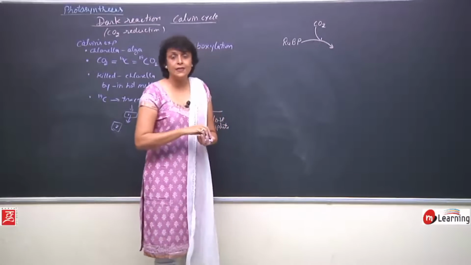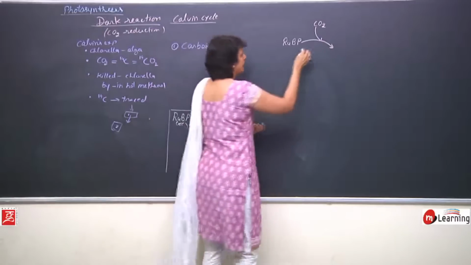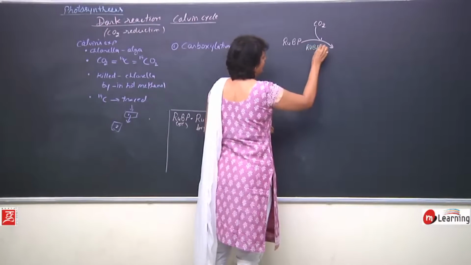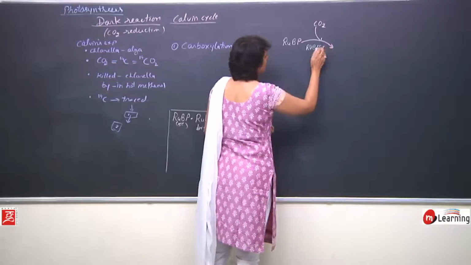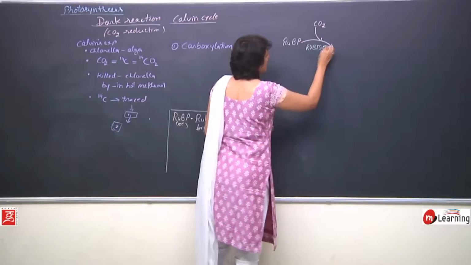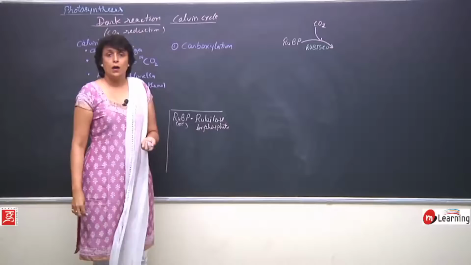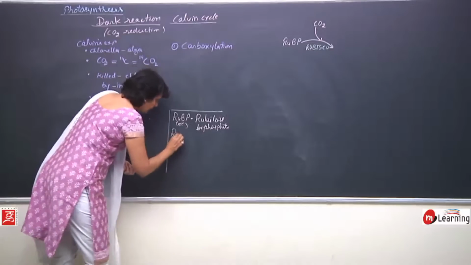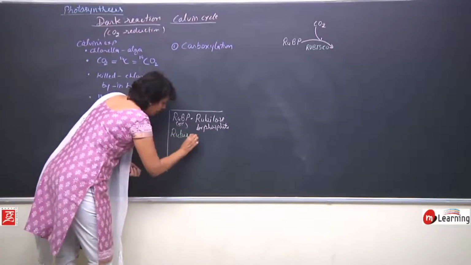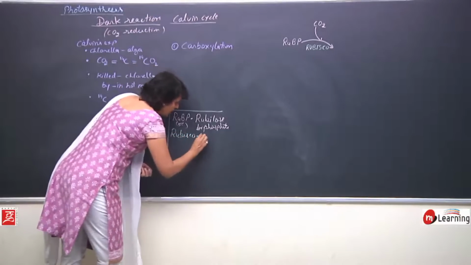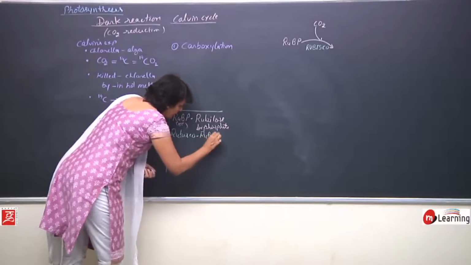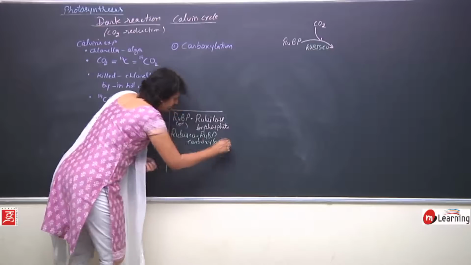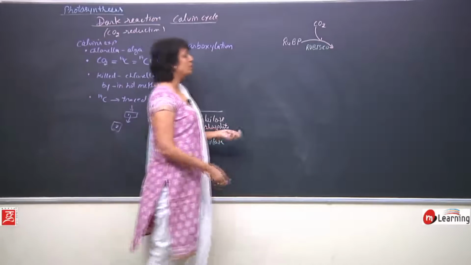An enzyme is required for this. The enzyme is called RuBisCO, RuBP carboxylase. It is called RuBP carboxylase. Actually, this RuBisCO